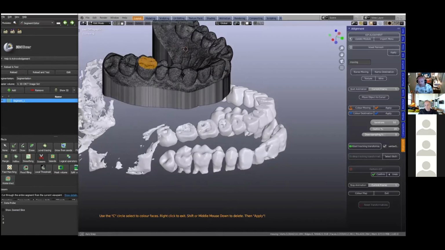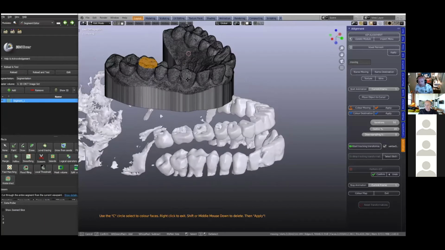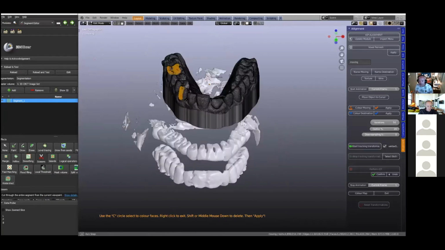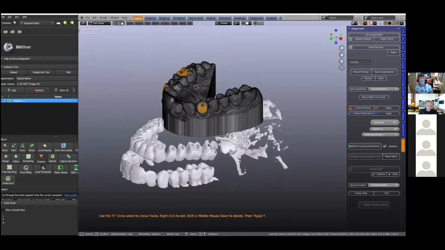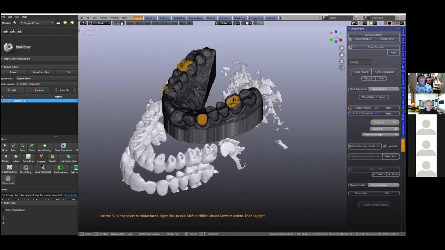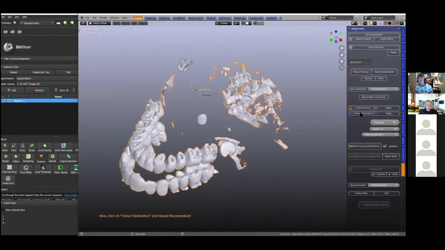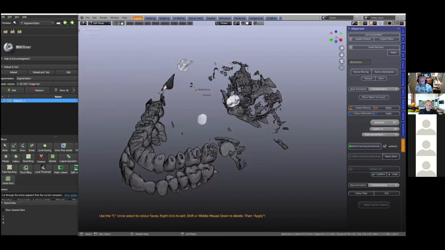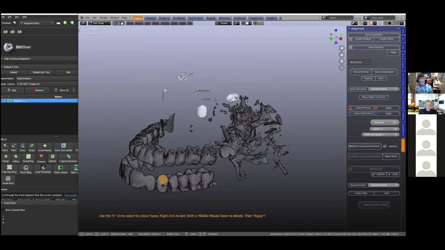And I'm going to select the canine like this, and maybe this canine, and perhaps this occlusal surface like that. Apply that, and we're going to color the destination, and we're going to do the same thing there,